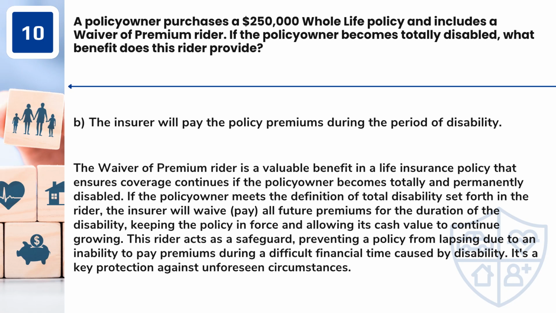Answer: B. The insurer will pay the policy premiums during the period of disability. The waiver of premium rider is a valuable benefit in a life insurance policy that ensures coverage continues if the policy owner becomes totally and permanently disabled. If the policy owner meets the definition of total disability set forth in the rider, the insurer will pay all